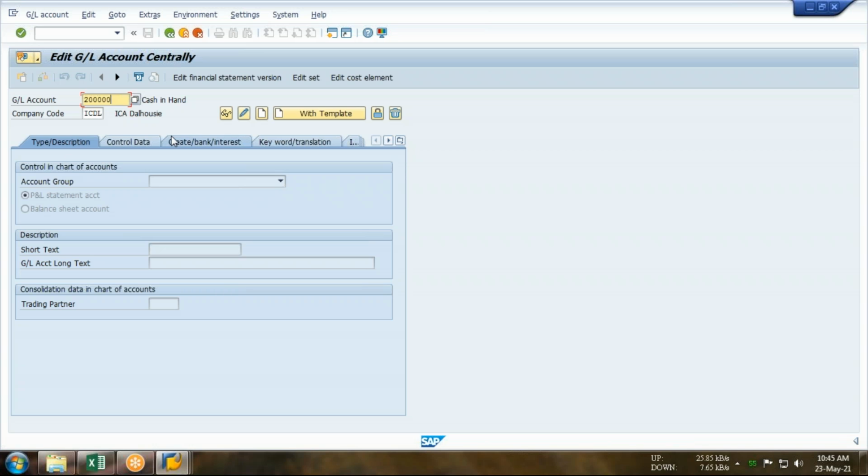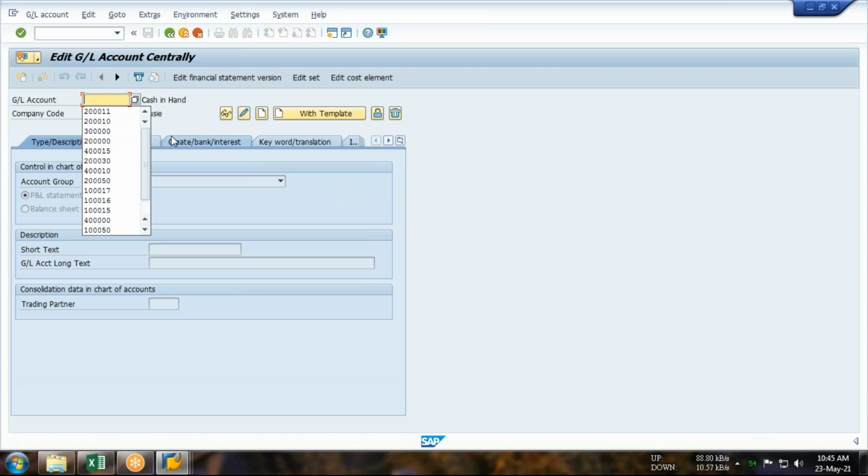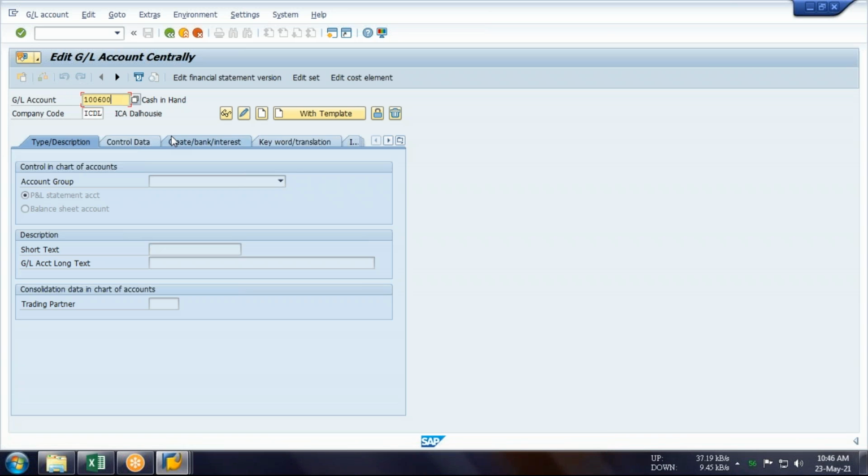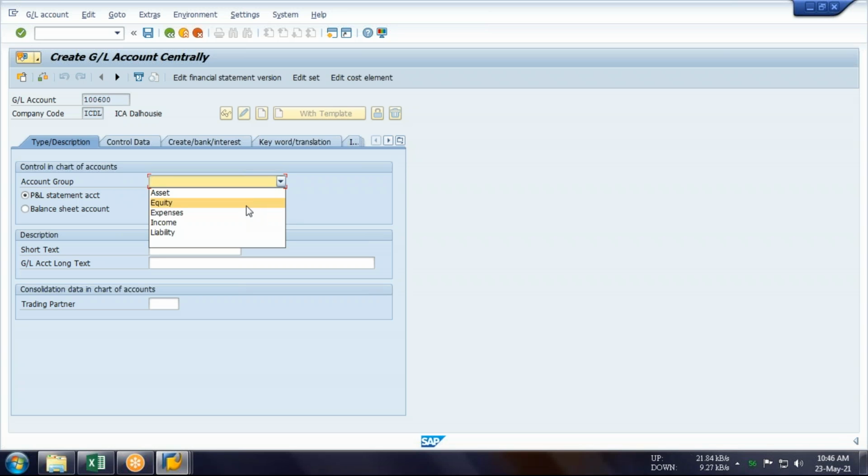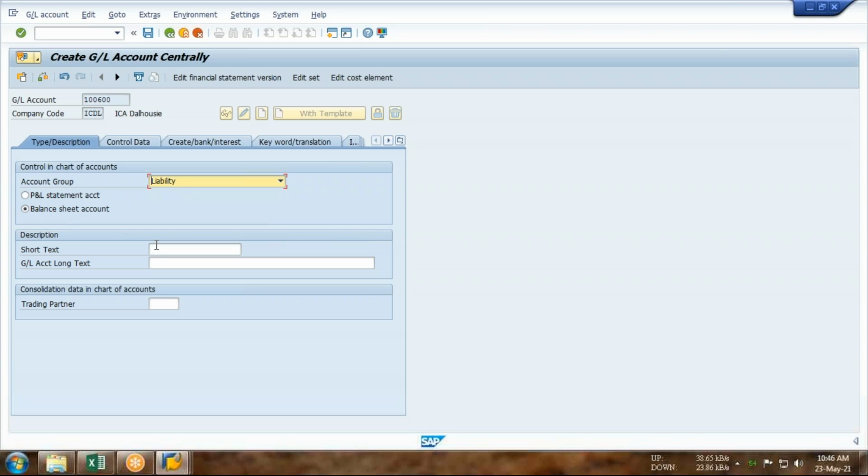Vendor is part of my liability. So liability starts with 1, I guess, in my case scenario. So accounts group is what? It's liability, balance sheet account.